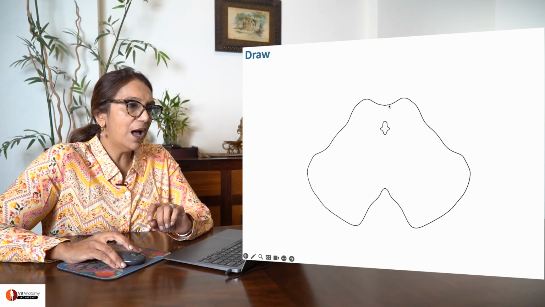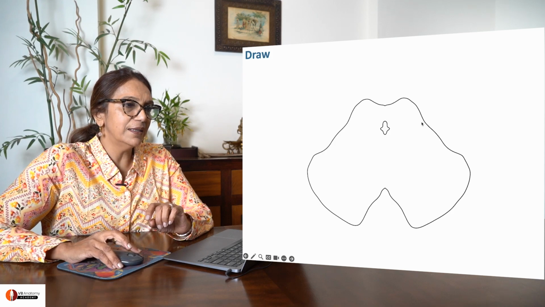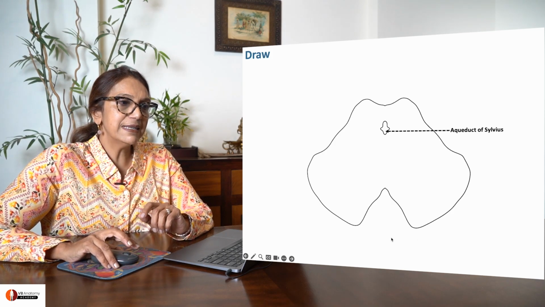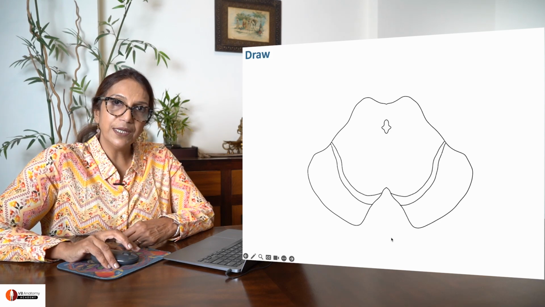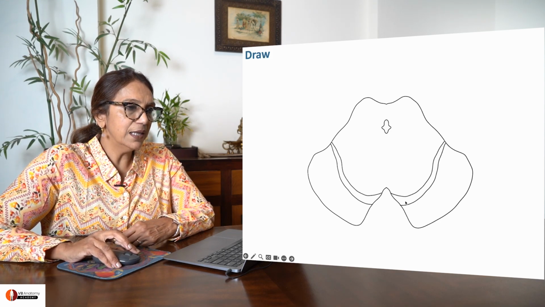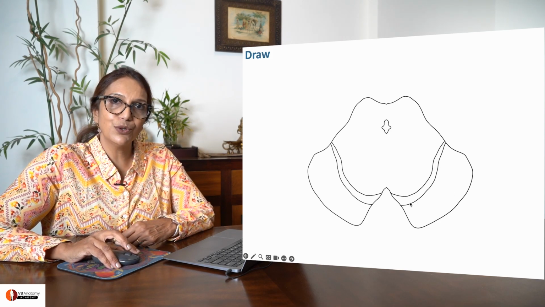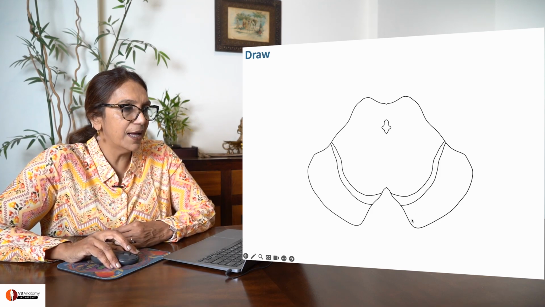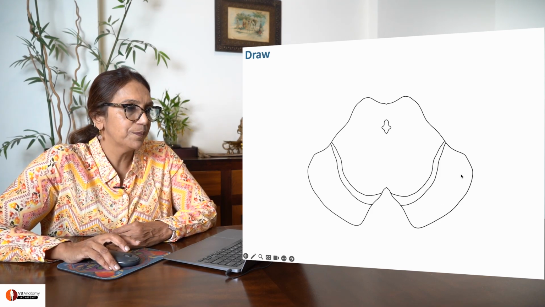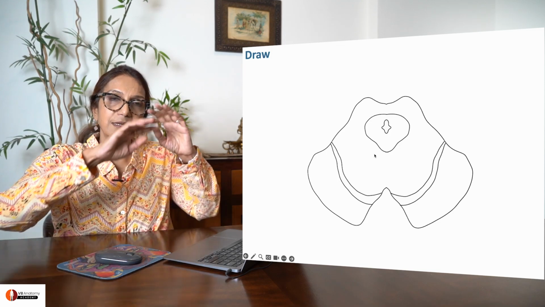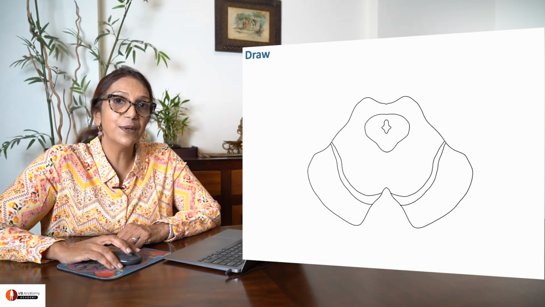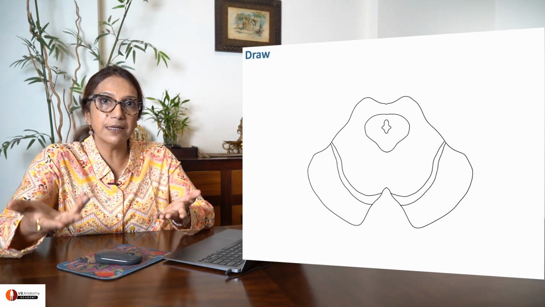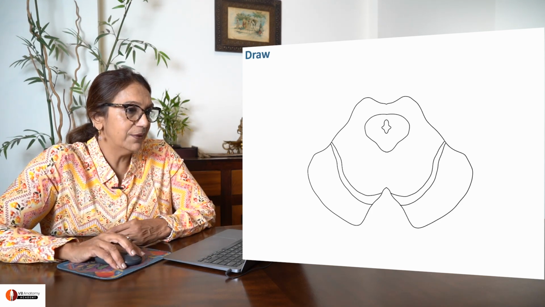So, this is one half of midbrain. This is the other half of midbrain. This is the aqueduct of Sylvius. Now, draw these two lines, thicker medially, thinner laterally. This, as you know, is your substantia nigra and this is your crus cerebri. Draw a circle to sort of surround your aqueduct. This is the periaqueductal gray. I'm saying all this because you are supposed to know this, right?